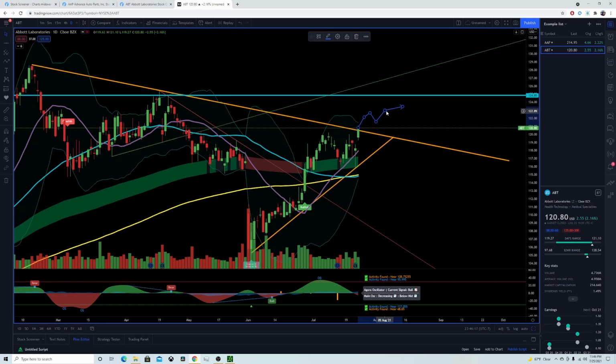Or you can do it in 25% increments if you guys want as well. But scaling out is another way to lock in those profits while still making sure you're exposed enough to the market, so that if it does continue to go up, you continue to make profits, okay? But if for whatever reason the chart doesn't look okay, something looks weird about it, or it's not working the way you think it's going to work, well then